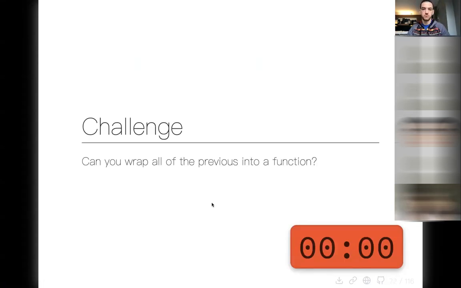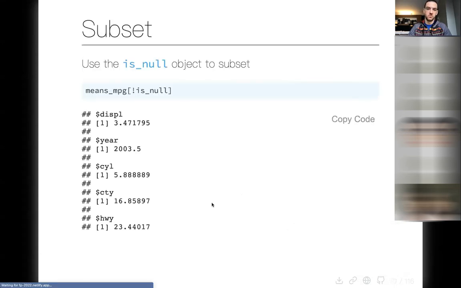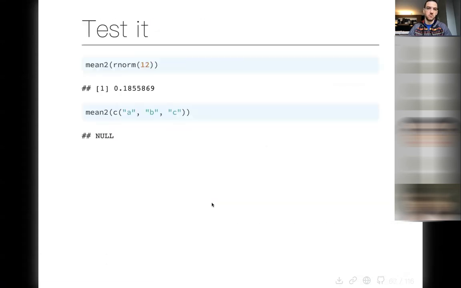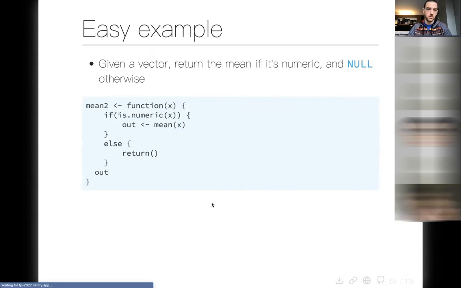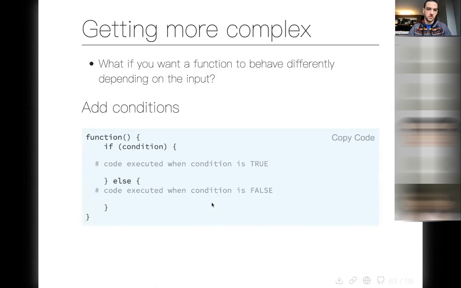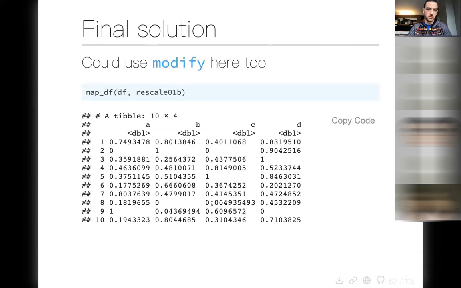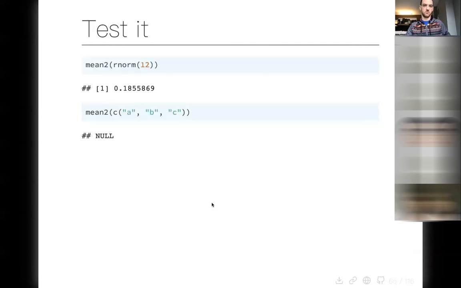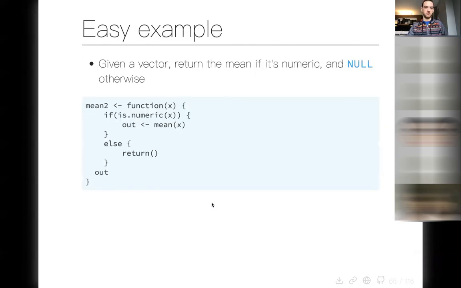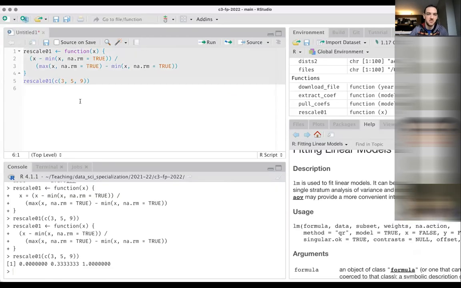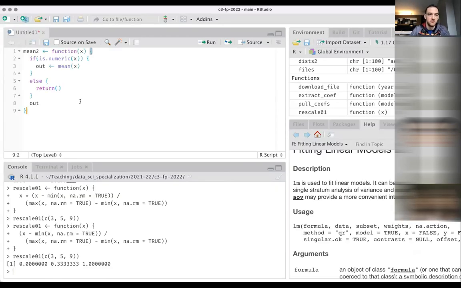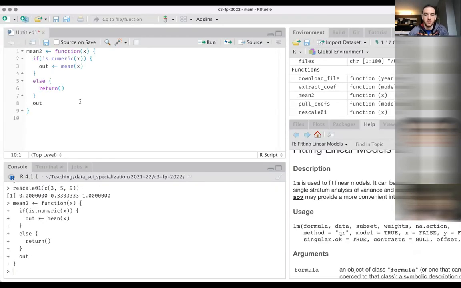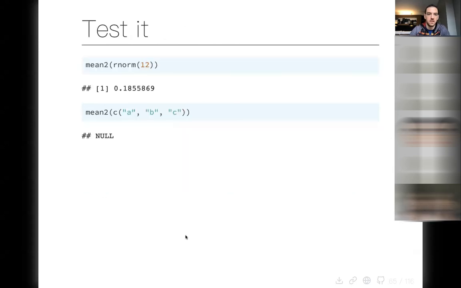Okay, so if we go through this, let's first get our means to. Where'd it go? Oh, there it is. Okay, all right, so coming back over here, means to, okay, we get that, and then we test it,